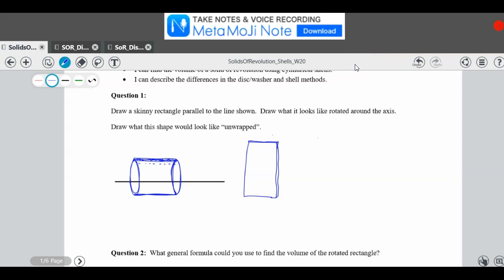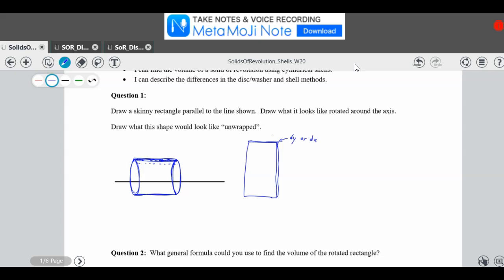That corresponds to either a dy or dx, depending on whether this is a horizontal tube like I have here, or a vertical one if I were rotating around a vertical axis. In this case I'll call that thickness a dy, or it could be a dx in a different scenario,